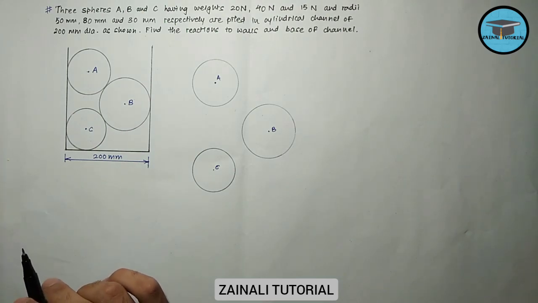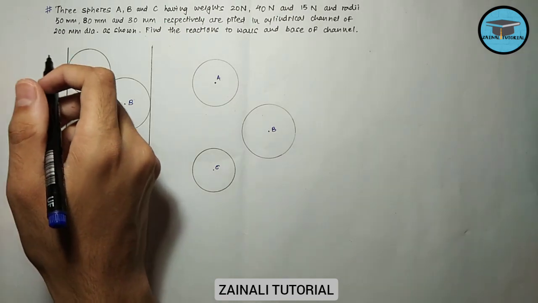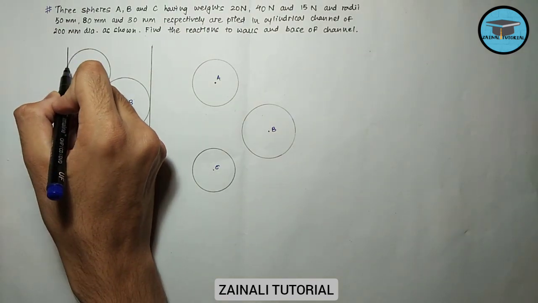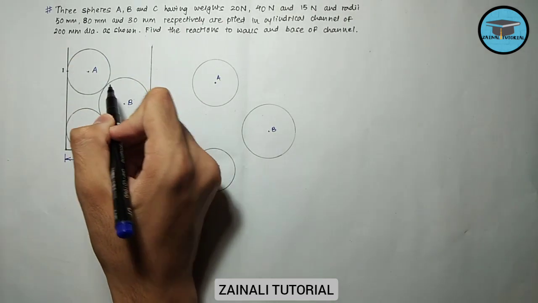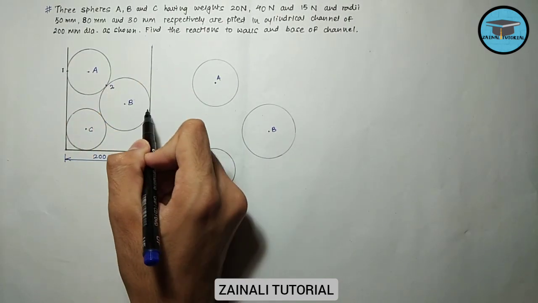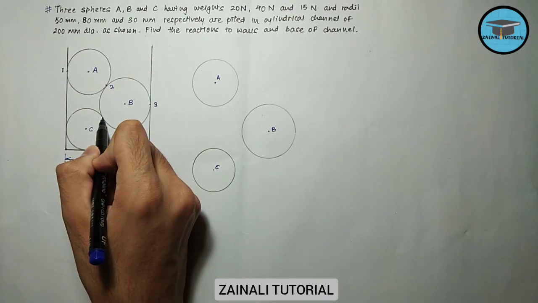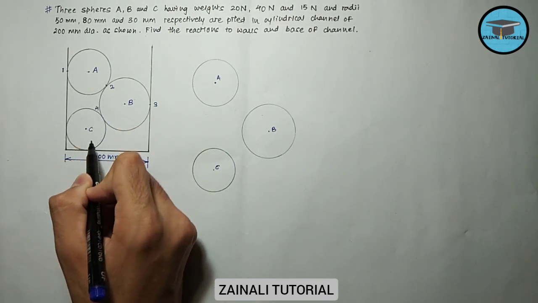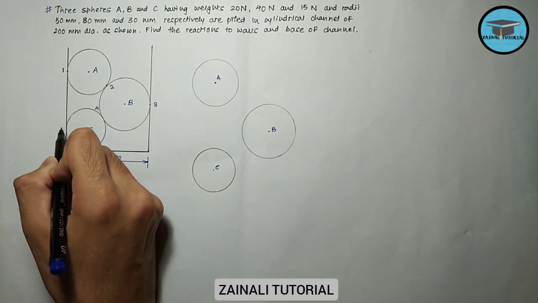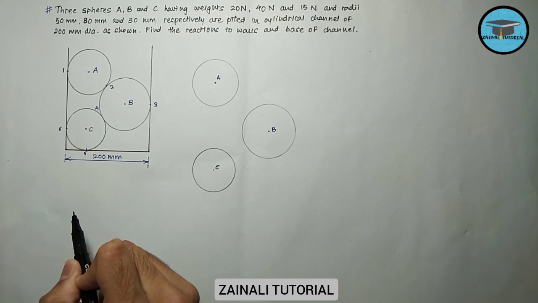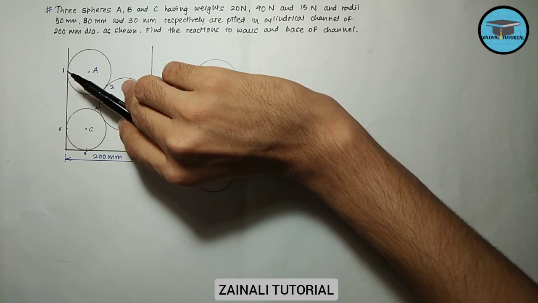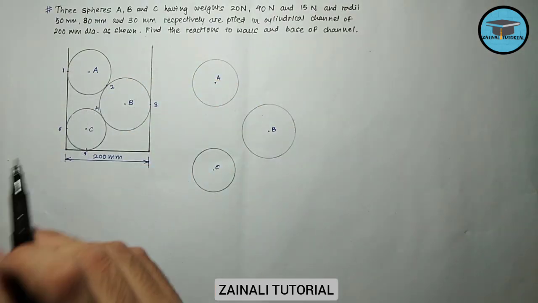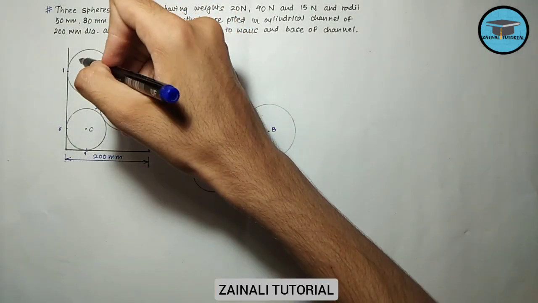So for that, let us first note down the contact points. So this point we are taking as 1, this point as 2, this point as 3, this point as 4, this point as 5 and this point as 6. Okay, now we need to determine the inclinations of this normal reaction with either the horizontal or the vertical. So for that we need to